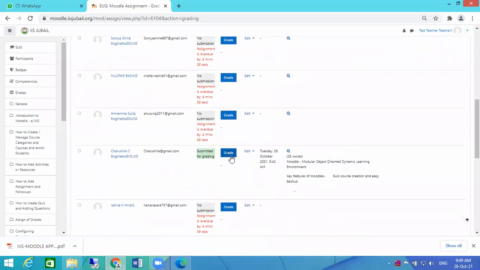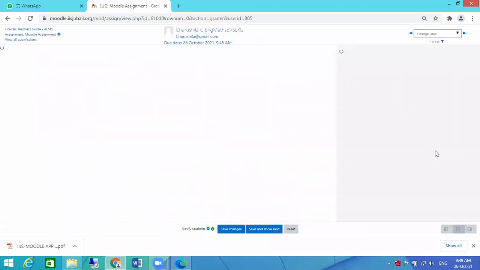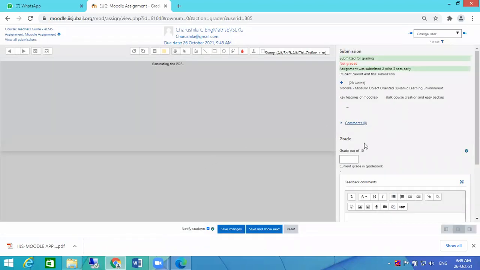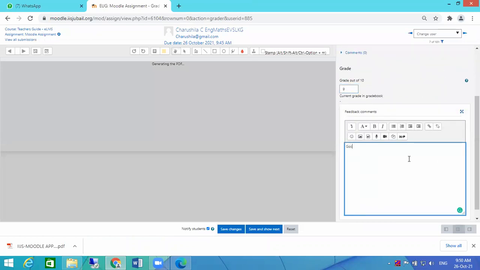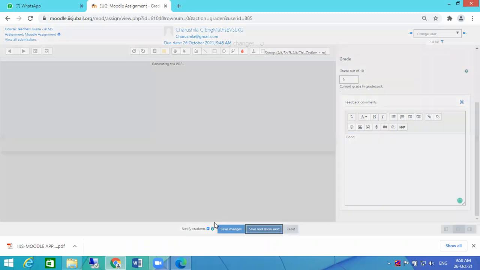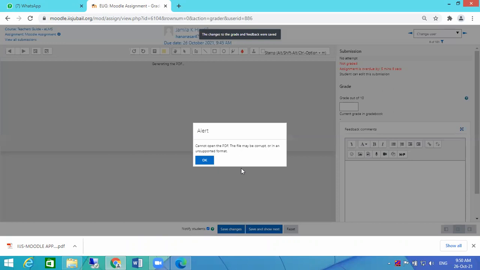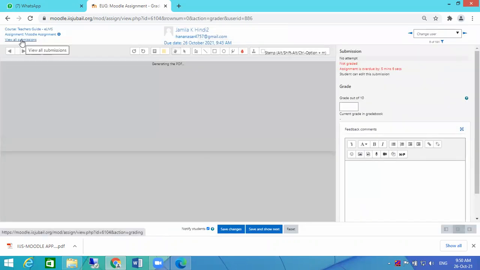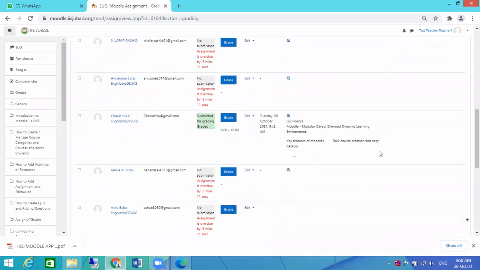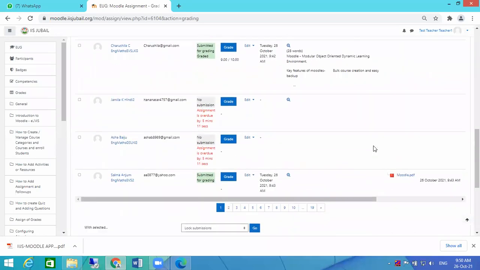Here, Shirishila madam has submitted. Just click on grading. You can see whatever the madam has written, the text here, 28 words, but no attachment. You can give the marks here, 9 marks. Good. Just click on save and move to the next student. If you want to view all again, you can, because here there is a gap of students. That's the reason it is showing like this. Otherwise, if the students are continuous, it will show continuously.